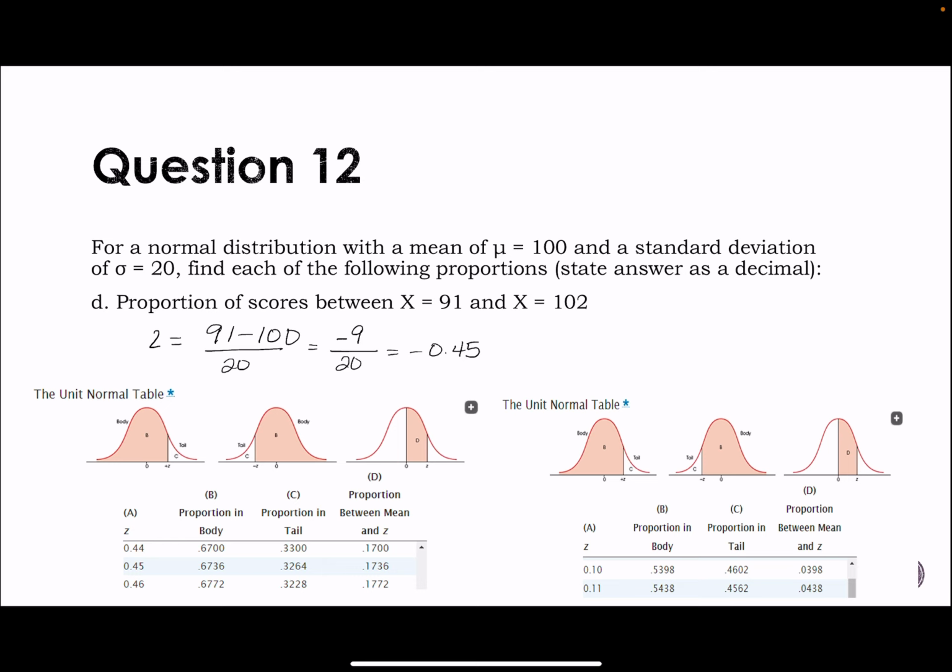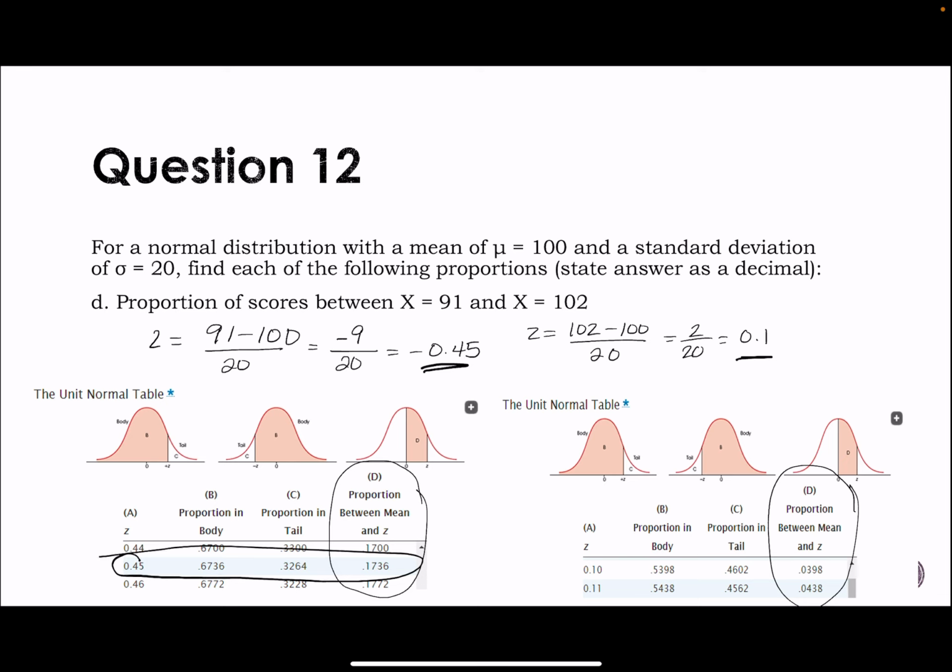And then we're going to find the z-score for the 102. So we're going to do 102 minus 100 divided by 20. So this is 2 over 20, or 0.1. Now, unlike the previous ones we did, notice that these are not the exact same z-scores. They're different. So we can't just double that last column like we were doing. So we're still going to use the last column, and we're going to use the last column here, but what we're going to do is add those two proportions together. So for the 0.45, we get this